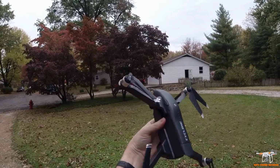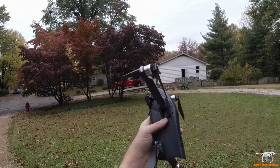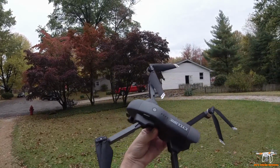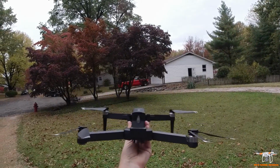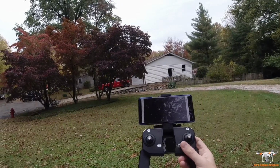So the battery is fully charged. I noticed while charging it, the blue light just kept blinking, and it was plugged in for several hours. So I don't know what's up with that. It should be fully charged, so we'll get it up in the air here. We'll power it on, do the compass calibration and a gyro calibration, and then get into the app here,